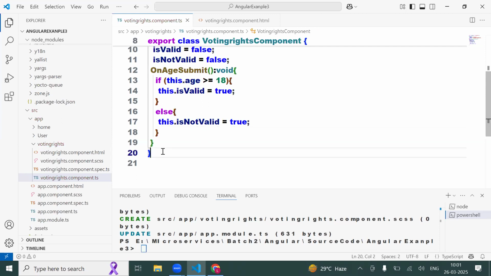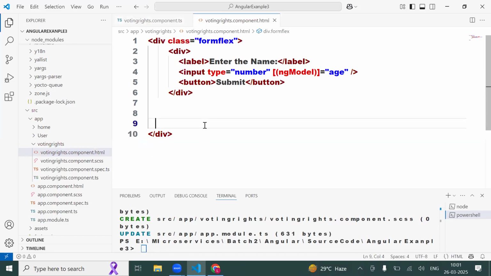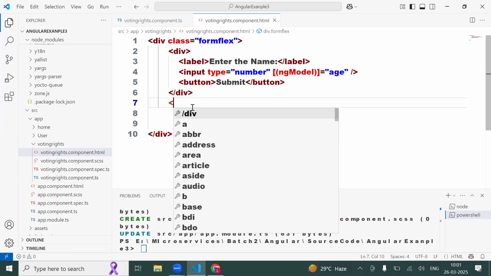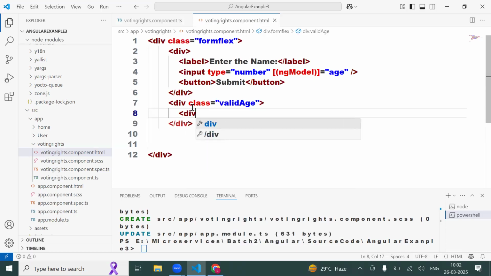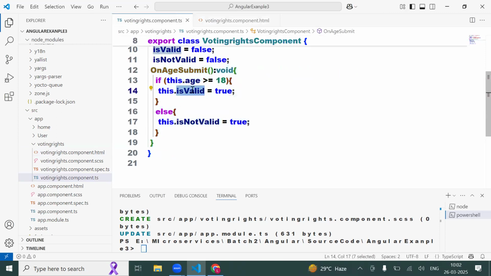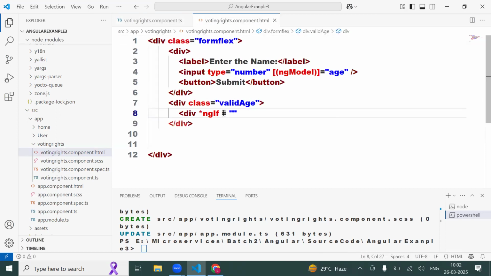Can I implement an ngIf for this? Yes, sir. So go here. Can I add one more div here, class valid age, something like this? I say div *ngIf equal to, what is the condition? isValid. If it is true,